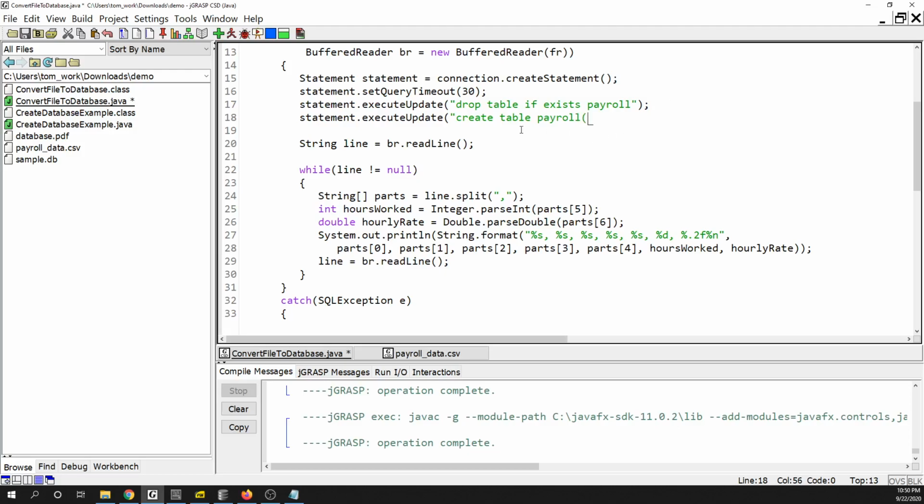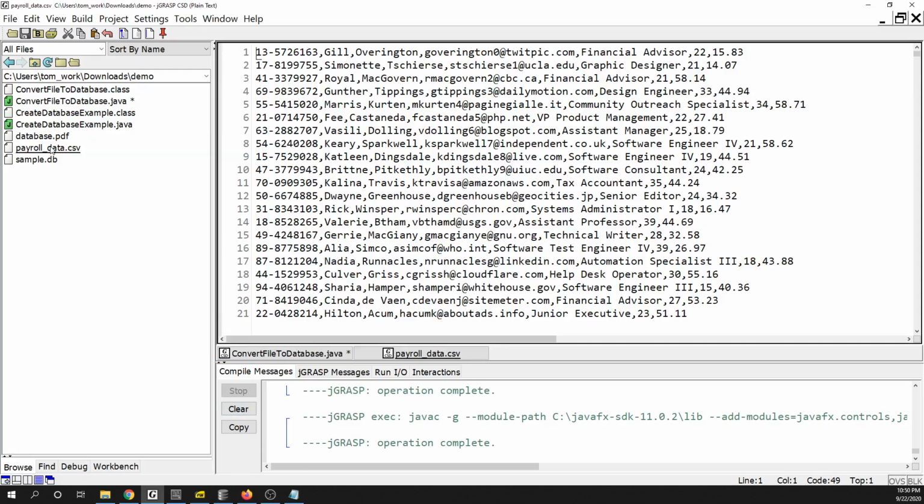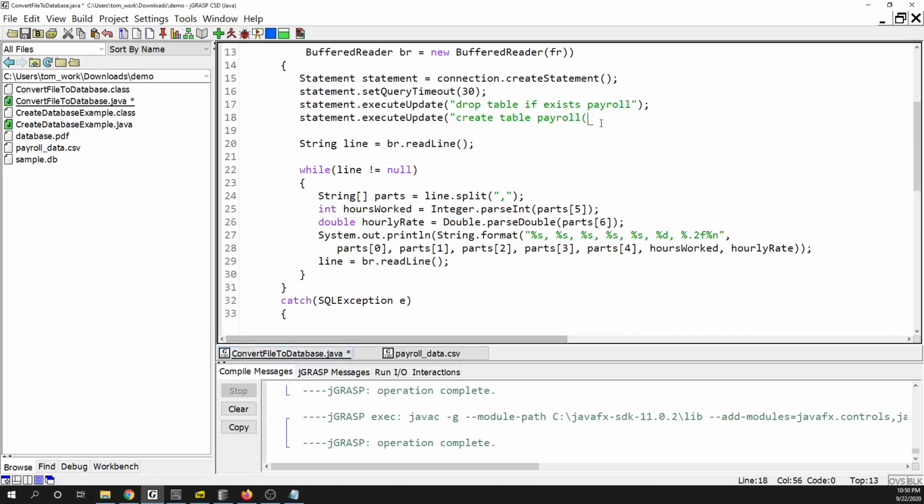Okay, and so now when I am creating this table, I need to know the fields that are in there and the type. So if we look at the payroll data file, here are the ID numbers. The ID numbers contain these hyphens in there, so we'll just treat them as strings for now, so we don't have to worry about it too much. So I'm going to call that field ID, and I'm going to put text for the